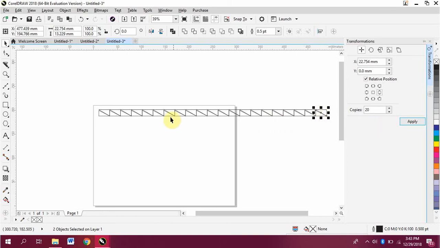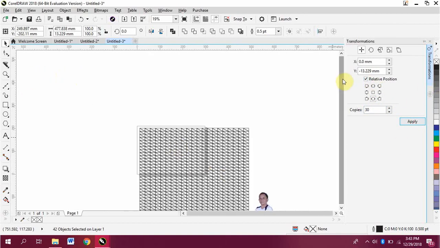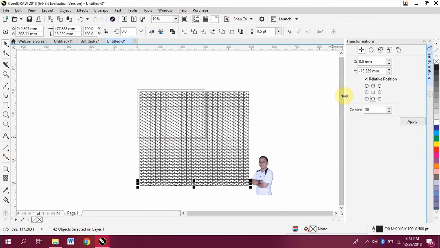After you have finished the first step, don't forget to select all of the objects using the Pick tool. To multiply it vertically, fill the copies into 30, then select Lower Center, and make it according to our canvas.